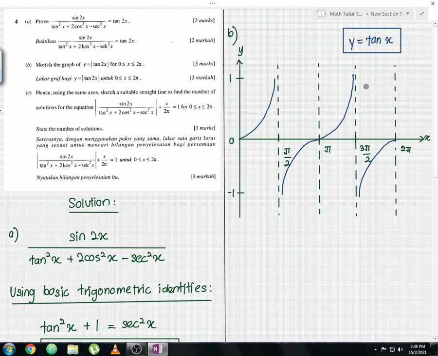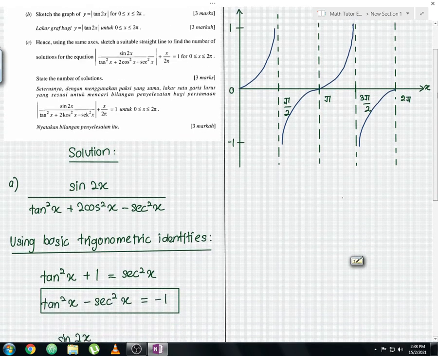As you can see here, this x has the coefficient of 1, which indicates one complete cycle within the range of 0 to 2 pi. So this is step number 1. By the way, for this question I'm going to show you the step by step working, guys, but in the examination you don't need to show so many steps, you just draw the final answer. So let me show you the second diagram now.